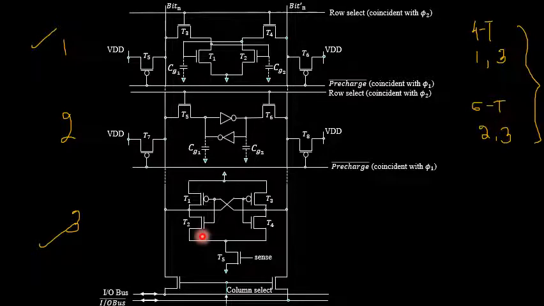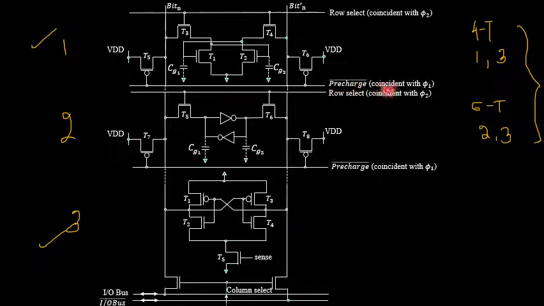Apart from that, we have the third circuit, which is going to behave just like a flip-flop. I will come back to this concept once I start explaining individually the 4 transistor as well as 6 transistor memory operation. So let us discuss first the concept of 4 transistor type. It is called 4 transistor type because of the presence of 4 transistors which are responsible for performing the memory operation. First and foremost, here you can see the horizontal line, which is represented in terms of precharge complement